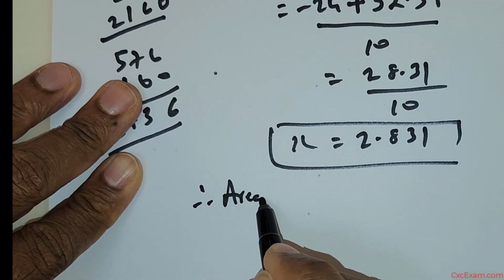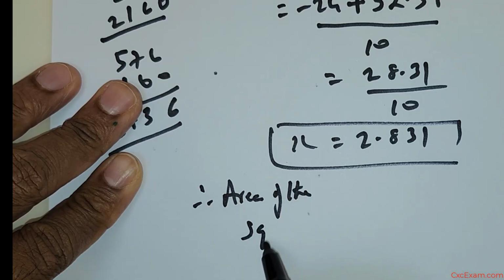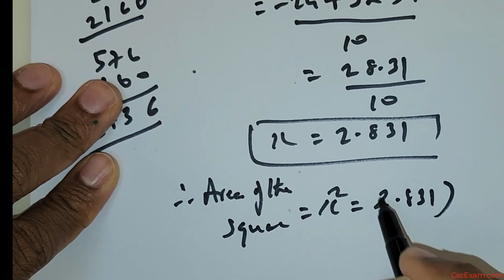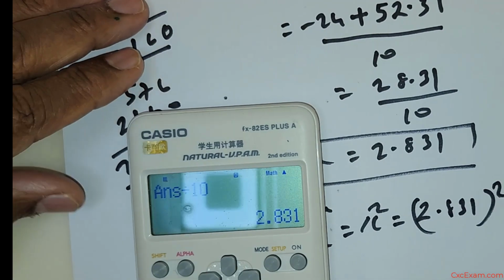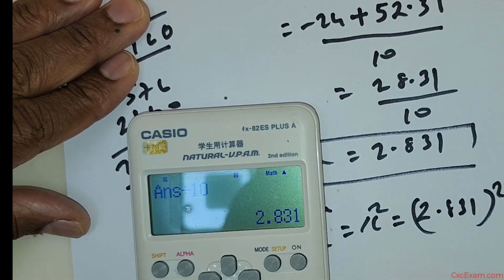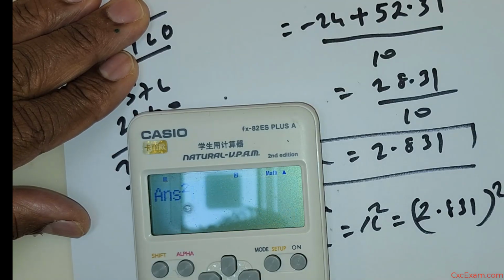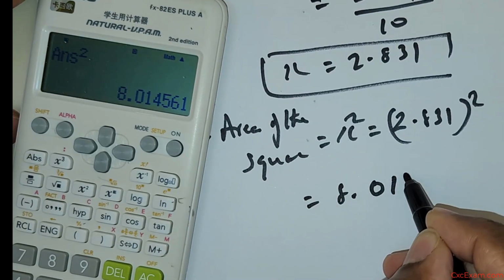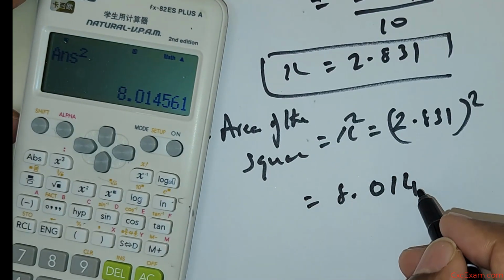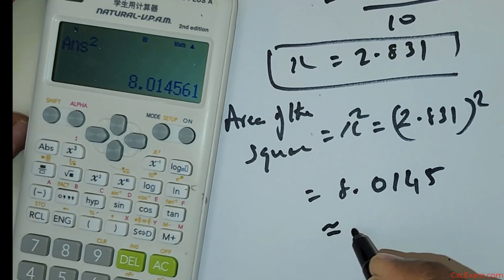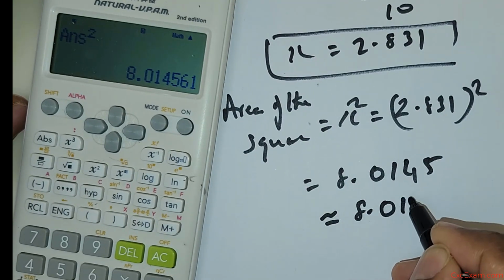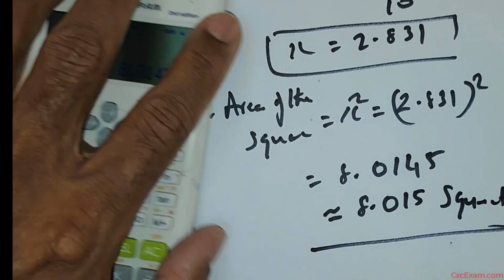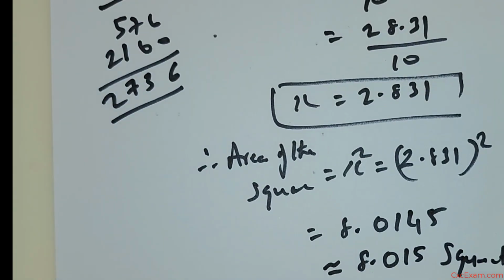So therefore the area of the square is x squared, which is 2.831 squared. So if I take x squared, I get a value of 8.0145. I'm going to approximate it to 8.015 square units. Okay, so that is the solution